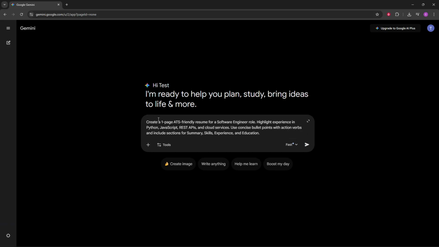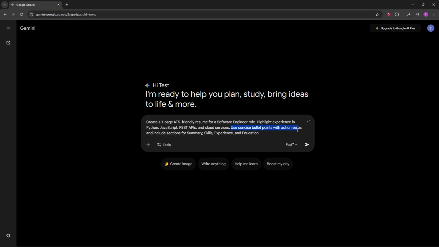Tell Gemini whether you want it to write a professional resume from scratch or improve an existing one for a specific role. Specify the job title you're targeting, share your years of experience in industry, and list the most relevant skills and achievements. The more context you provide, the better the output. Include measurable outcomes like boosting retention by a percentage or delivering a project under budget, so Gemini can showcase impact